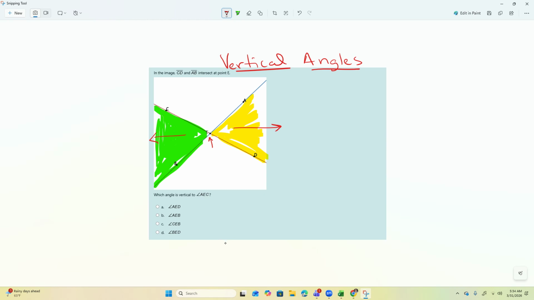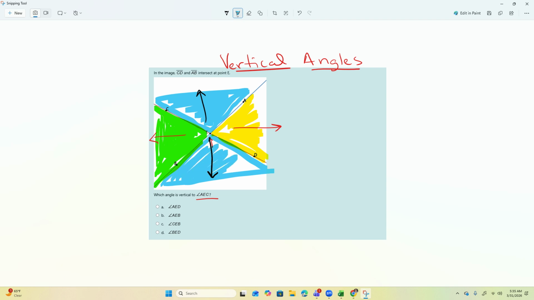Right now they want to know what is the vertical angle of angle AEC. Using colors here, you can see that AEC is this angle that I'm shading in blue. If you notice, angle AEC is opening upward. So which angle is opening downward, the opposite direction? Well, it's going to be angle BED, or vice versa,